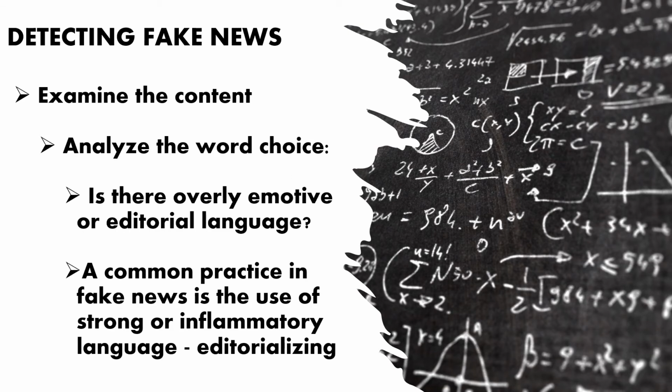Finally, examining the content also means analyzing word choice. Does it stir or express strong emotions? Does it editorialize? Does it demonize groups of people, organizations, or political leaders or institutions? In other words, ask yourself, is it trying to sow disdain? The use of strong, inflammatory language to stir emotions and affect opinions is a form of propaganda. It is a common method of drawing in audiences, swaying opinions, and sowing distrust and disdain or allegiance.